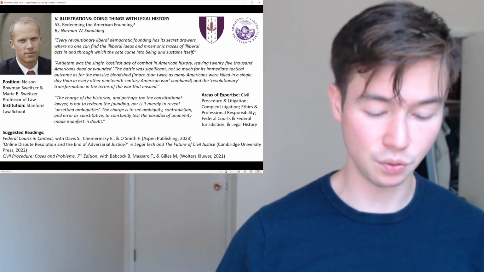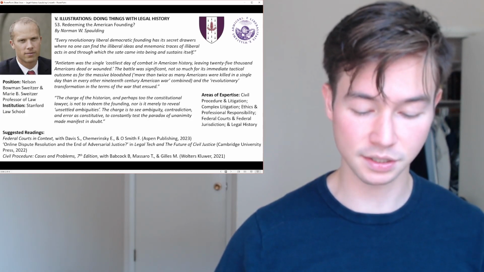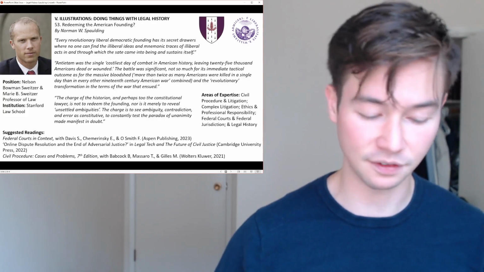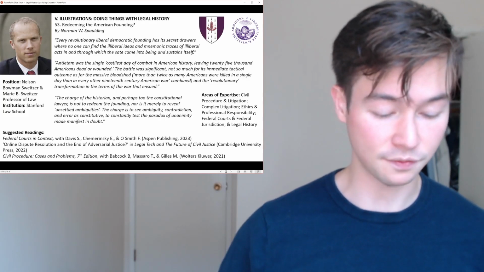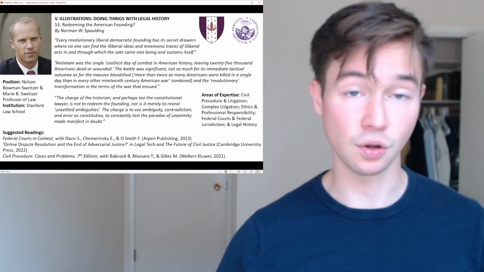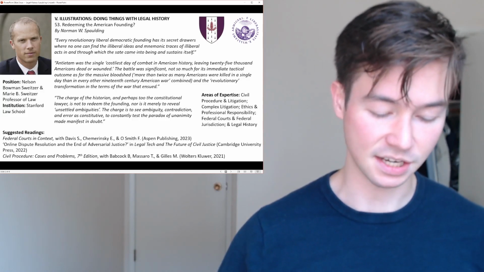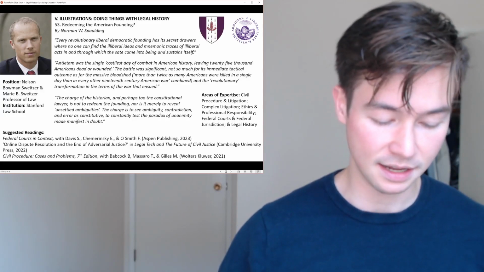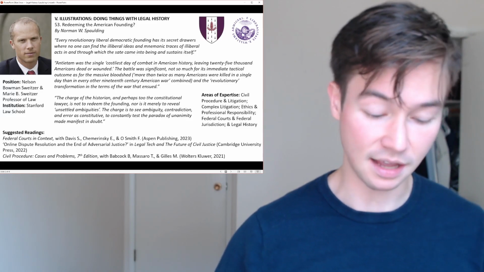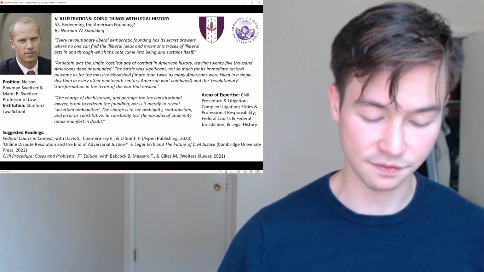So he opens up with two quotes, the first being from Frederick Douglass in his 4th of July speech in 1852, and the quote goes as follows: "This 4th of July is yours, not mine." The second quote he opens up with goes like this: "The end to be attained justifies the means."